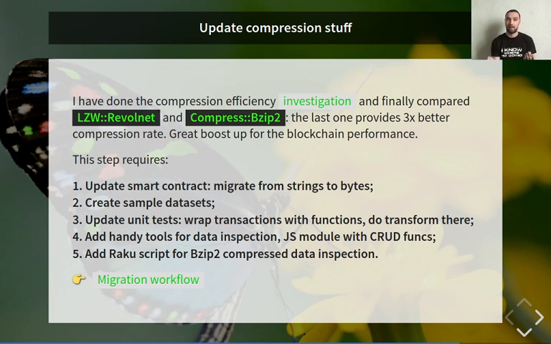So we need some tools and utilities to retrieve compressed data, uncompress it, and see, okay, we want hello world, and here are some compressed bytes. Some bytes, that means that the data is compressed. We need to uncompress them and compare with the initial string. The same thing we need to create on the Raku side, so I think we need to add a script for BZ2